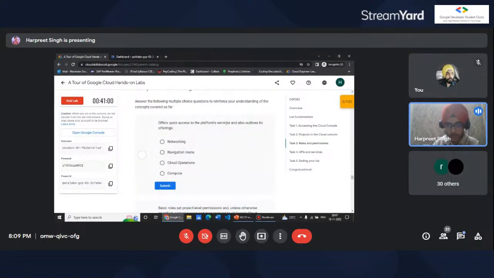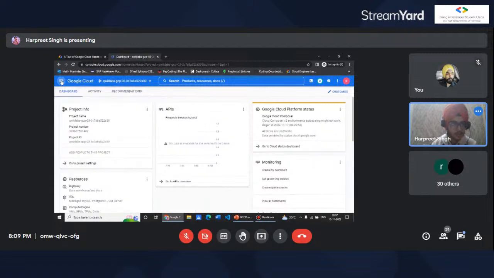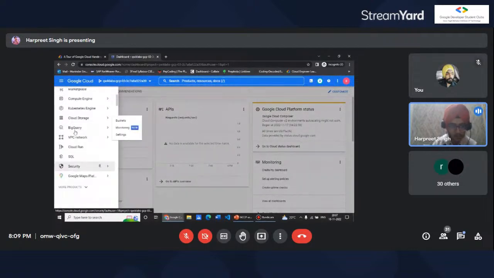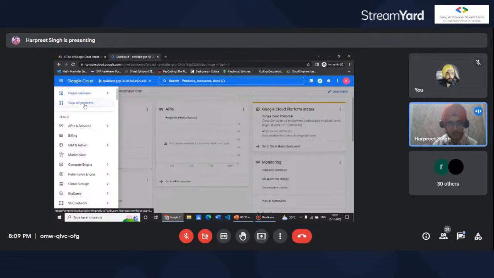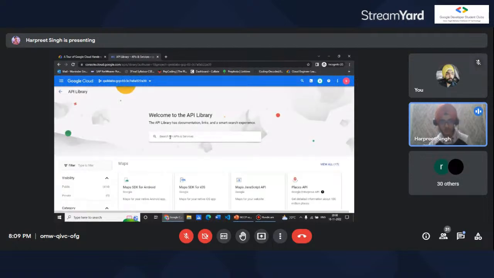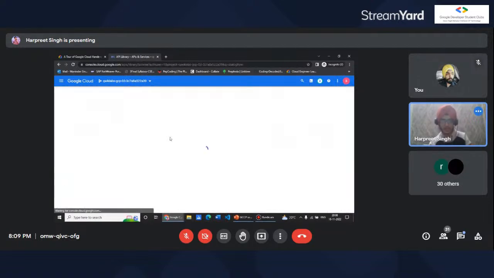Offers quick access to platform services, also outlines offerings. That is the navigation menu, which you can see here. This navigation menu will give us all the resources with a quick overview of what they do. Like in APIs and services, we have a library, right? So it will get opened. Here we can search for Dialogflow API,